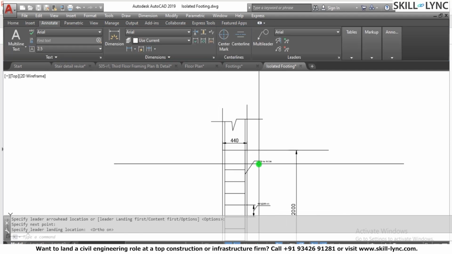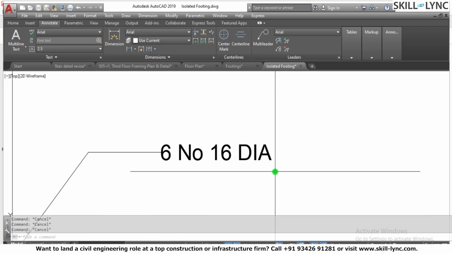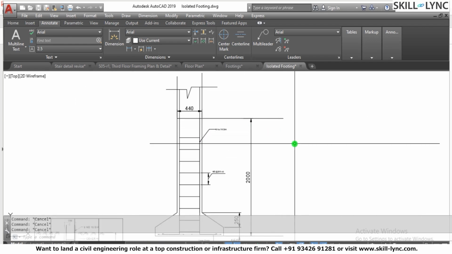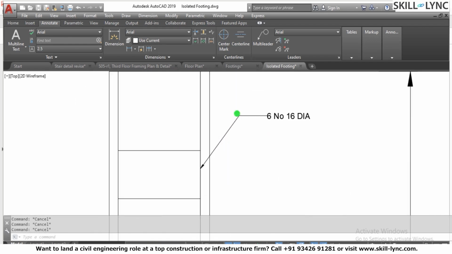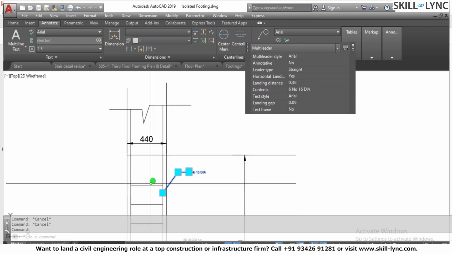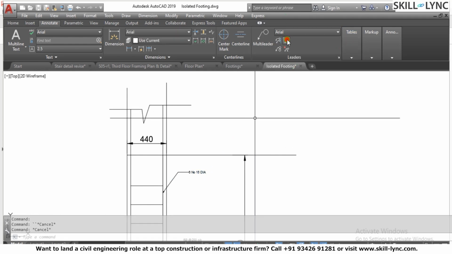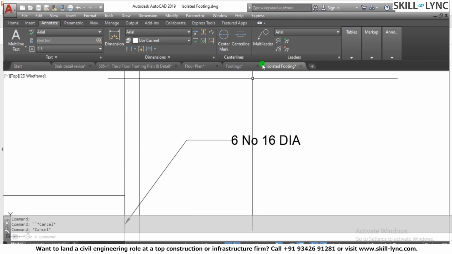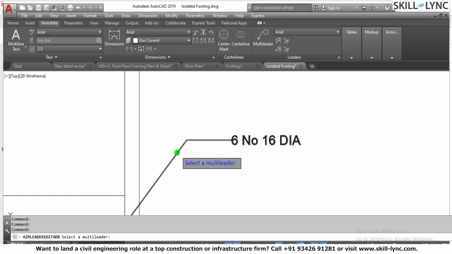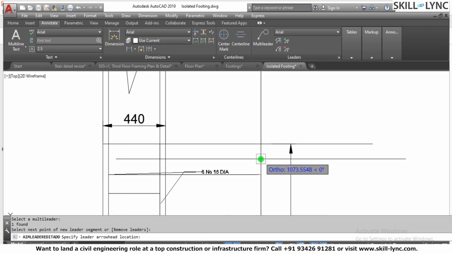So you can increase the text size. Here we can have the value whatever size you want to give the text, or you can change it from the style. So this is how you can dimension with the leader. Let's suppose you want to add more leader, so you can always point here. You can use the add leader option from here. So we have the add leader option, select it, and you can always point it here,